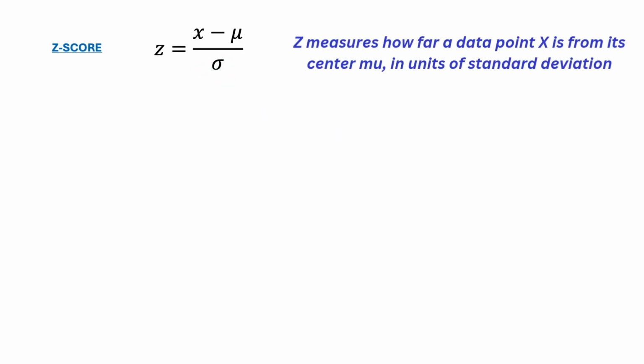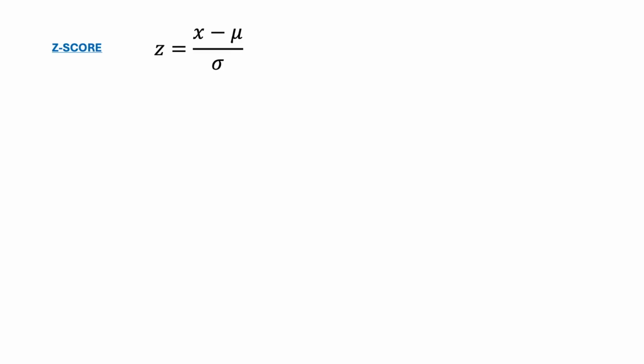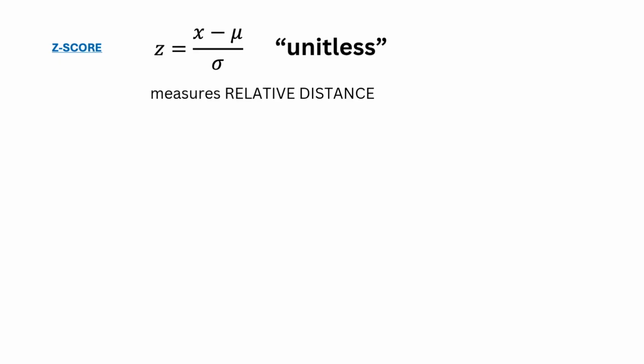Well, the original measurement might be in feet, liters, pounds, quarts, whatever. So the x minus mu part will use that metric. But when we divide by the standard deviation, the denominator will also have that same metric as the numerator. That is, if x minus mu is in meters, so will the standard deviation be, also in meters. So dividing by the standard deviation produces a unitless measure, a measurement not found in the physical world. And what remains are only relative measures.